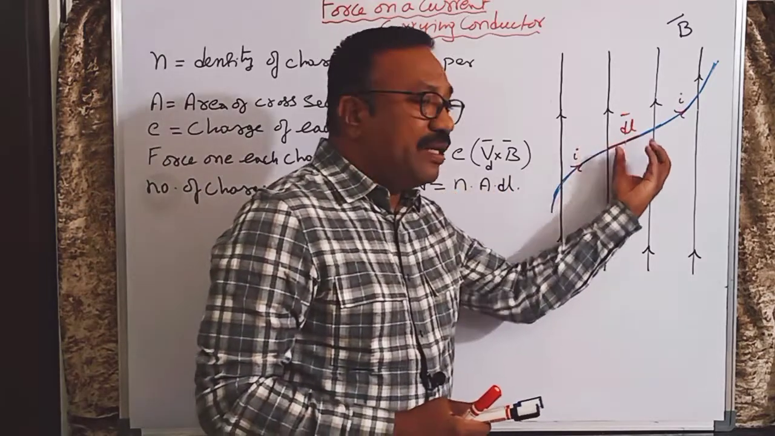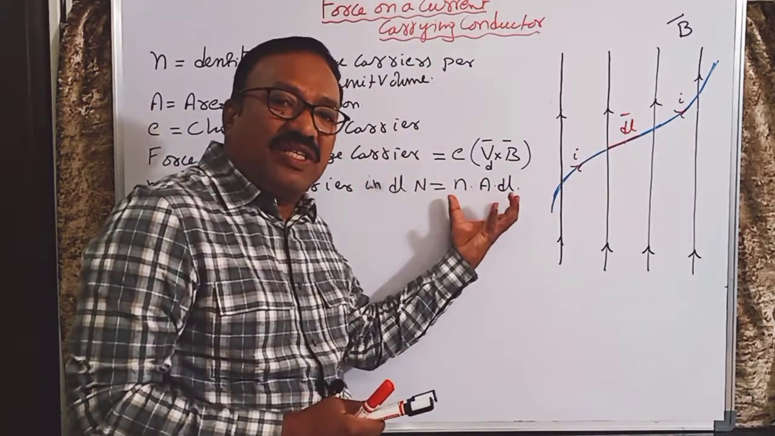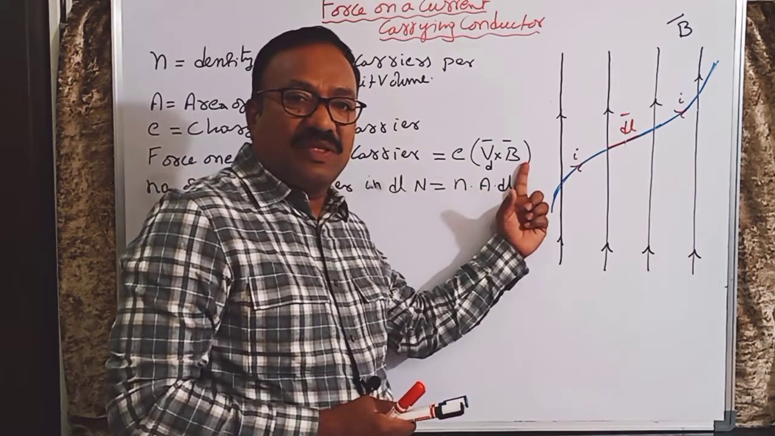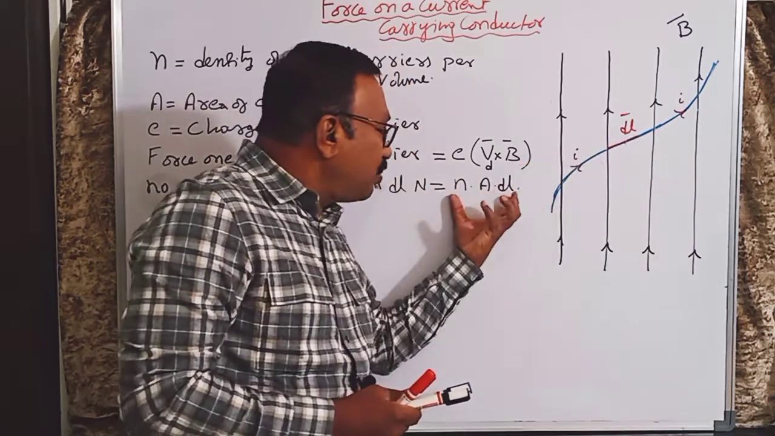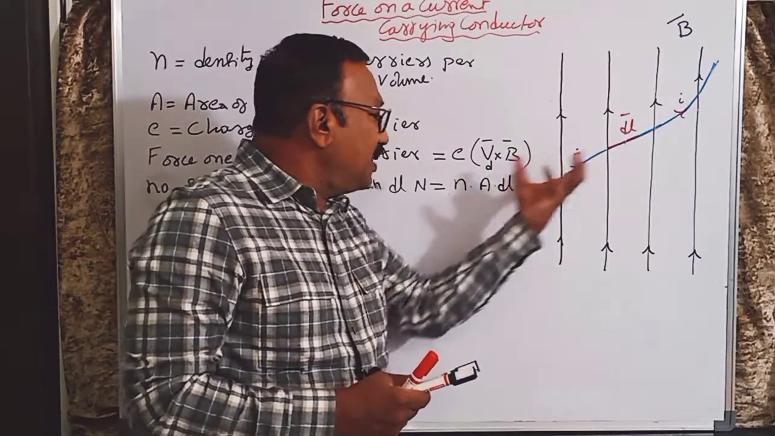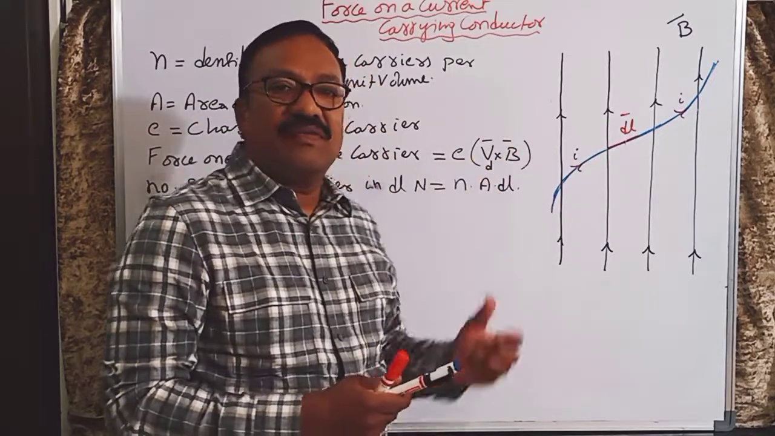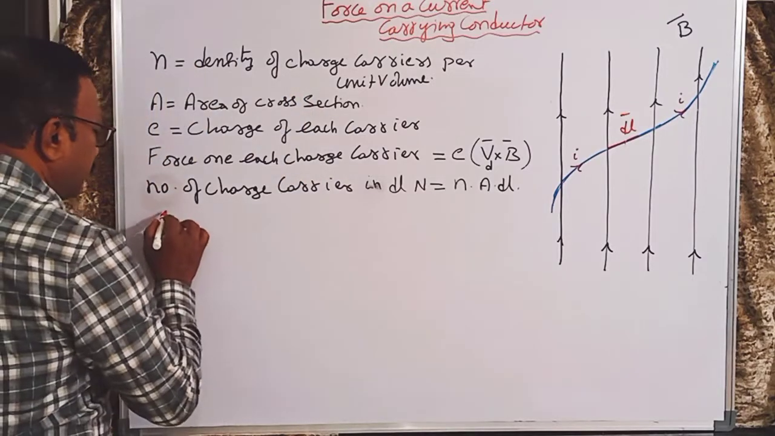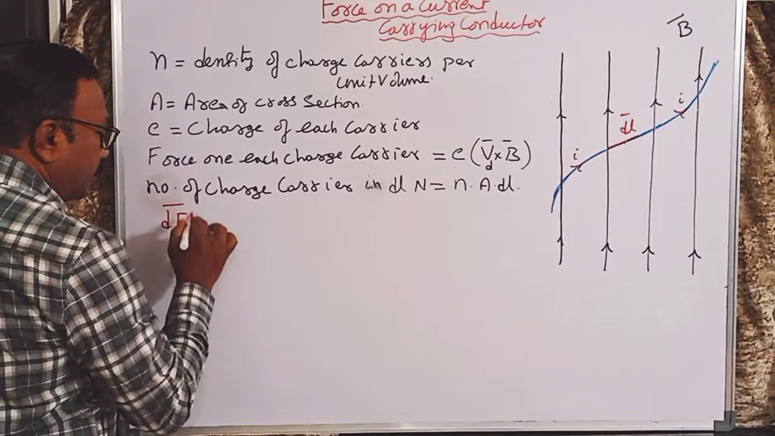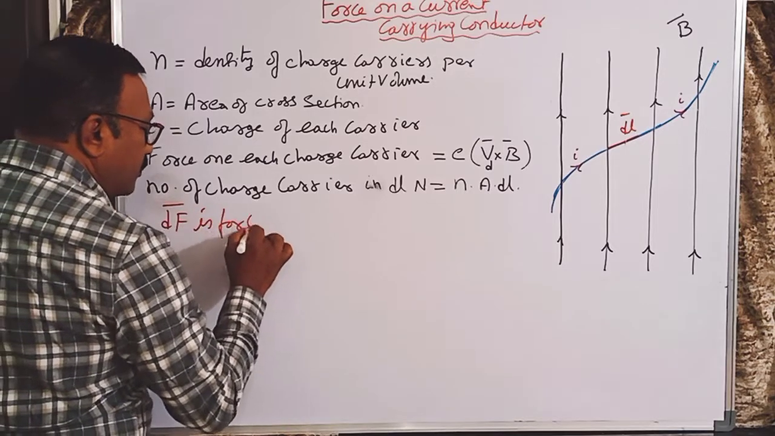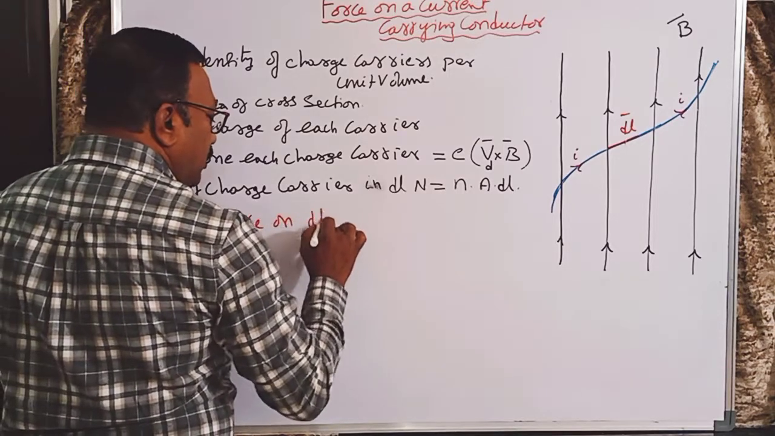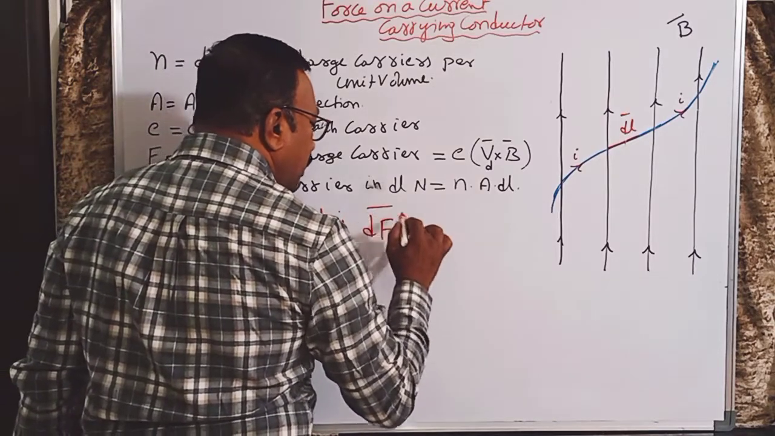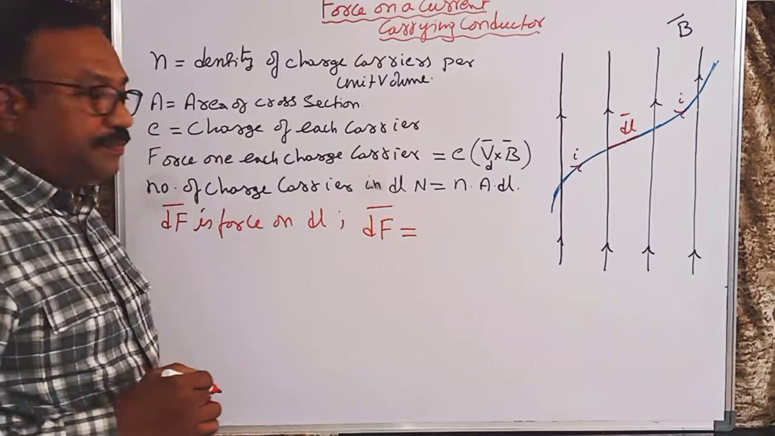So in this small segment, this many charge particles are there. Each charge particle is experiencing this much force. Then the segment DL has so many charged particles, so the segment DL will experience a force of multiplication of these two. So let DF be the force on DL. So then force on DL is equal to